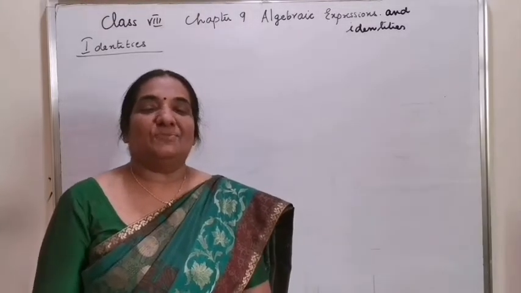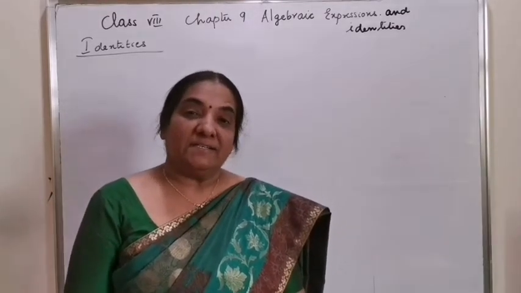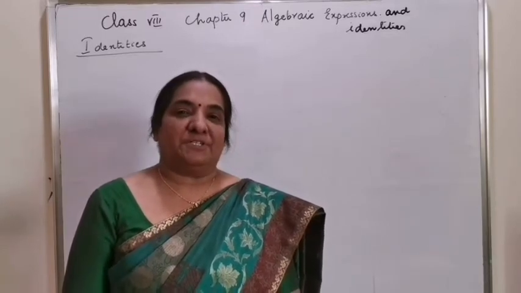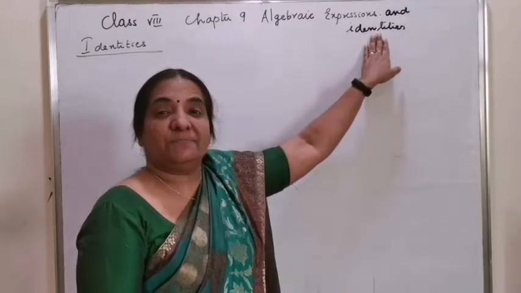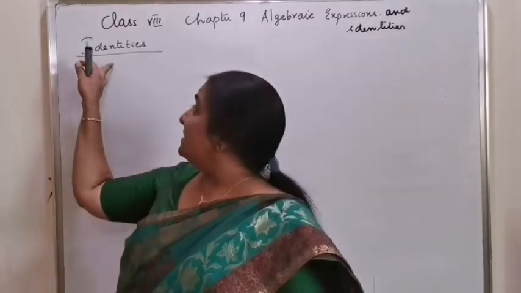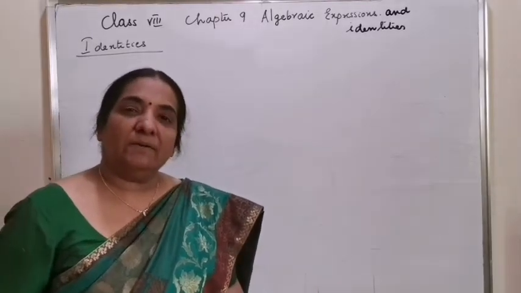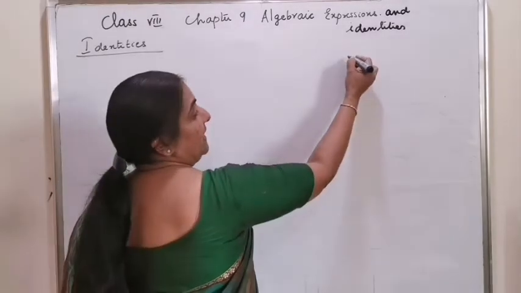In the lesson Algebraic Expression and Identities, you have already completed addition and subtraction of expressions, multiplication of expressions. Now, the next topic is identities. The word is written here as identities. In chapter 1, you have heard of this word as additive identity